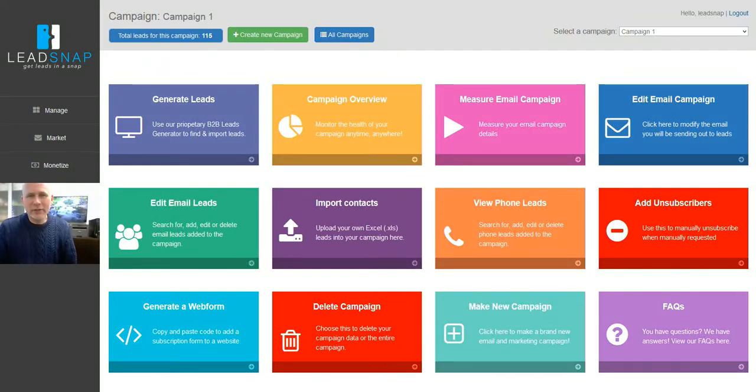LeadSnap is a little bit different than most things on the market that we've seen today. It is a lead search engine and an email marketing campaigner combined into one, and those are B2B lead generation tools. So if you are B2B and you're looking for leads, other businesses and whatnot, this may be something that you're very interested in, and I'll tell you why, and why it's a little bit different than everything else